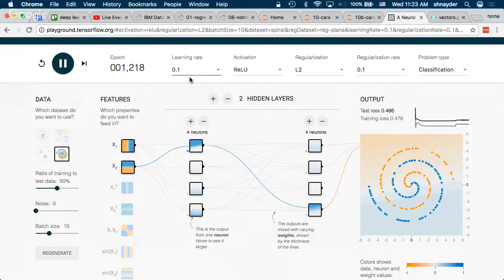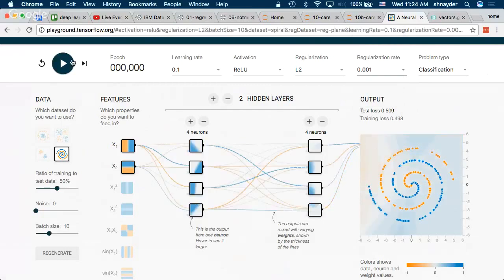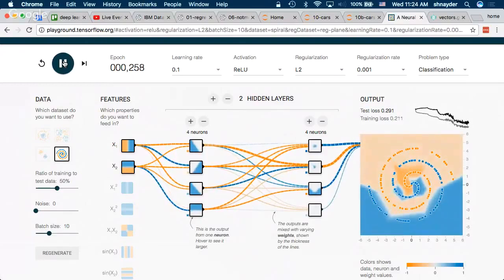Interesting. So why might this be not working? Any ideas? Look at all these weights. They're tiny. Ooh. 10 to the minus 109. Too much regularization, right? I didn't really have a good sense of what the scale of this parameter is. That's clearly too much. So let's go down by a factor of 100. Aha. Now we're learning. Right, so now we're actually making progress.